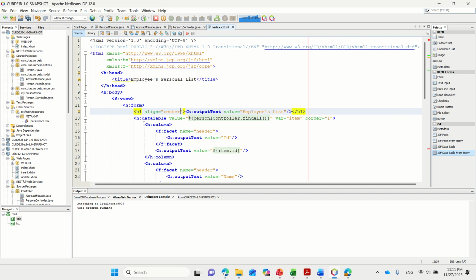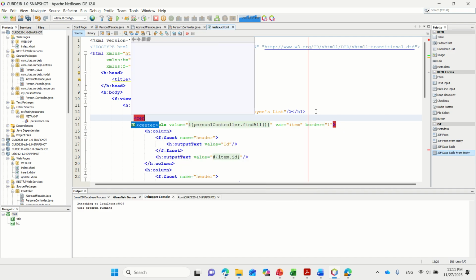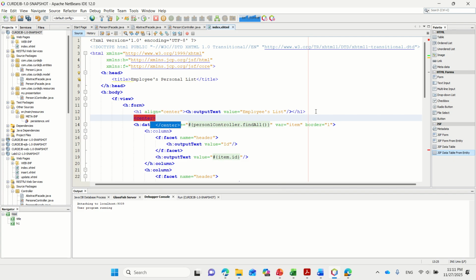Before the table itself let me give center, and after the table